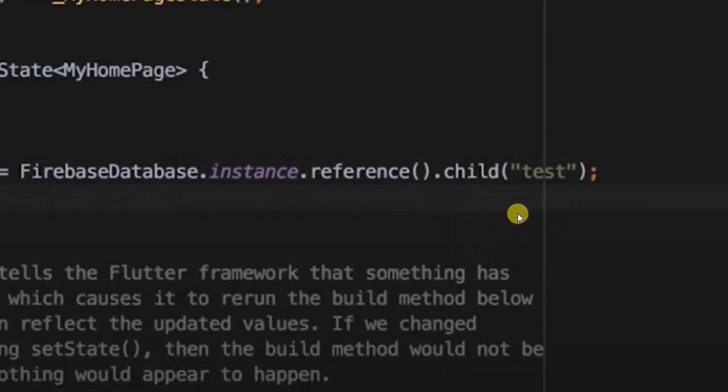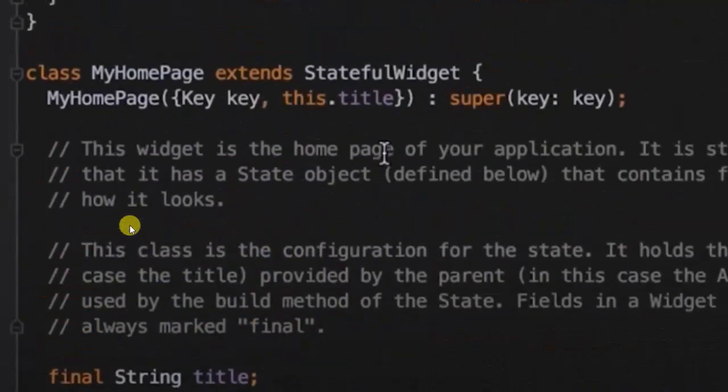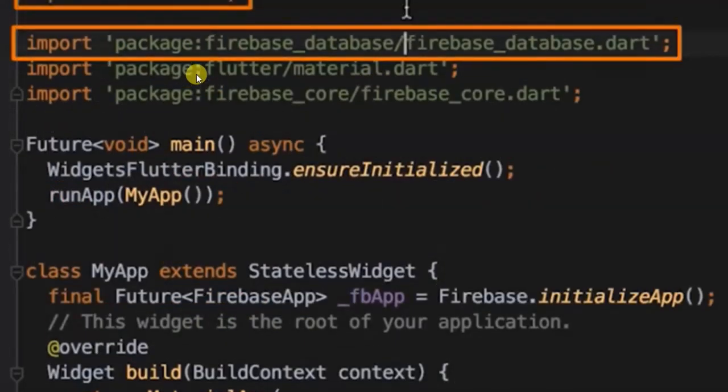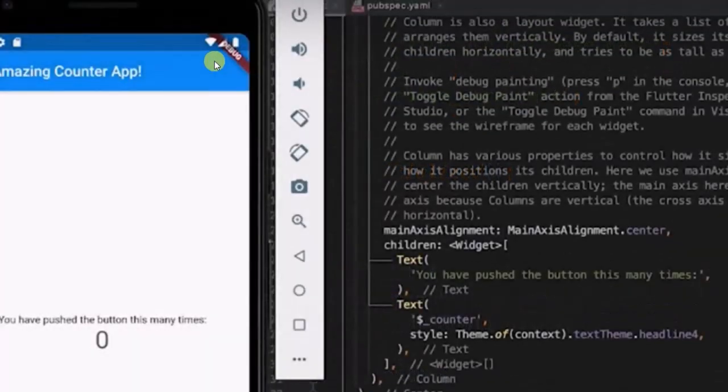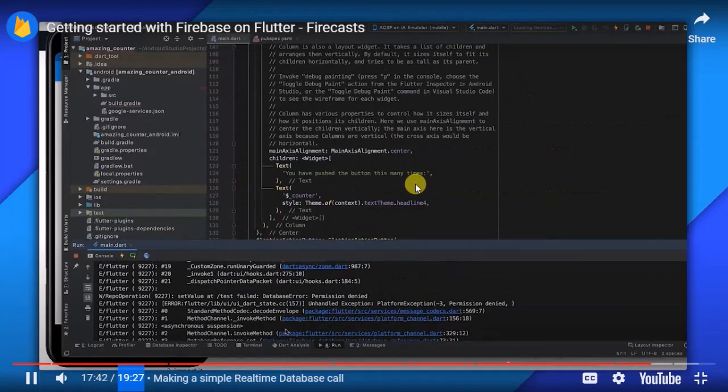And then let's just set that to a value of hello world followed by a random number. I'm going to just confirm that dart:math and the real-time database libraries were imported, and they were, so I think that should do it. So we can hot reload, click the button, and whoops, well, we're getting some kind of